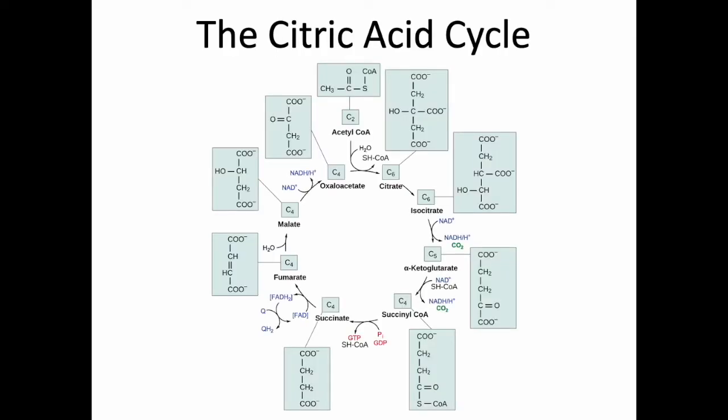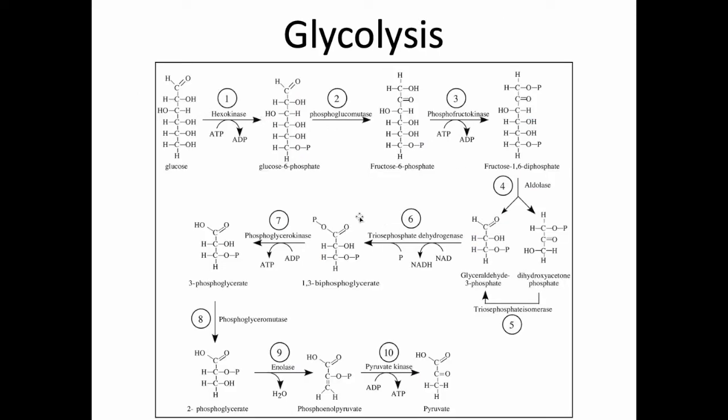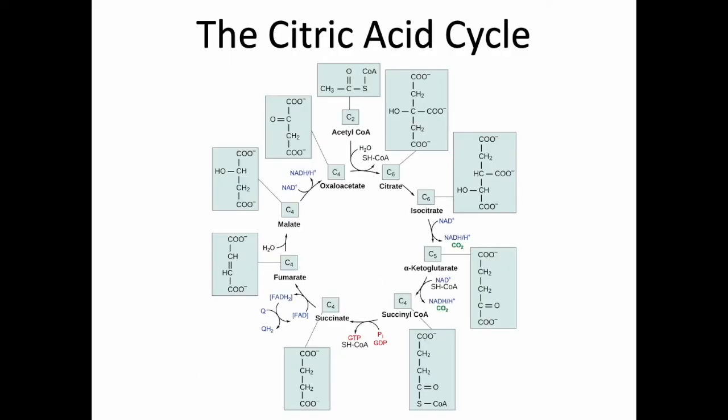Oh, it's another one of these. Big metabolic pathway, a lot of individual intermediates, a lot of enzymes that aren't even labeled here, but there's a name for every single enzyme doing every single one of these reactions. Just like glycolysis, don't memorize this whole beast. This is a little different than glycolysis because it's not a straight line. Well, I guess our glycolysis figure was a little curved just so it fits on the screen. But yeah, glycolysis was a simple 1, 2, 3, 4, 5, 6, 7, 8, 9, 10. You end up something that is different from what you started with. This metabolic pathway, citric acid cycle, loops back on itself.